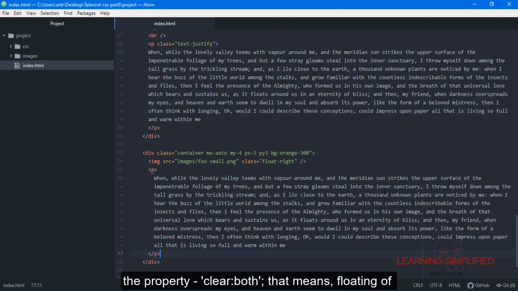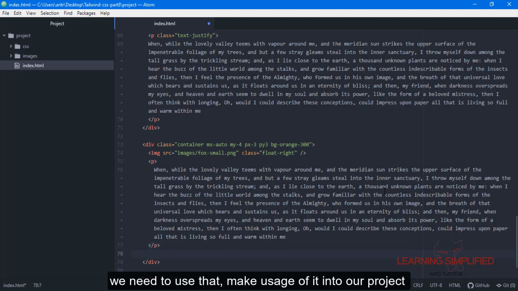That means floating of the elements from either side should be blocked, and this is exactly what is done while we are using this clear both property. So we need to make use of it in our project.